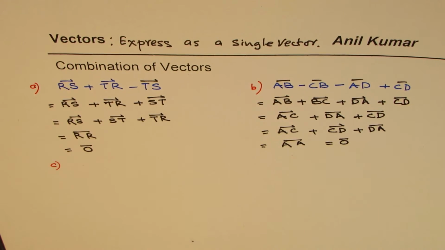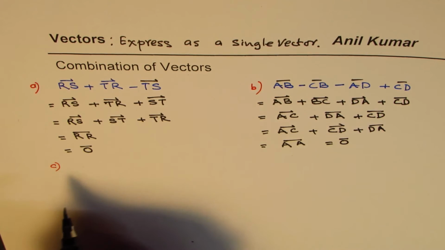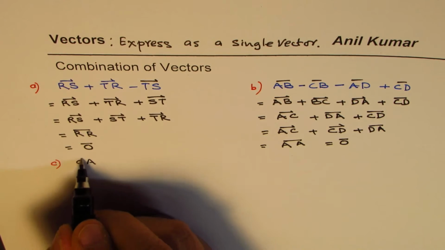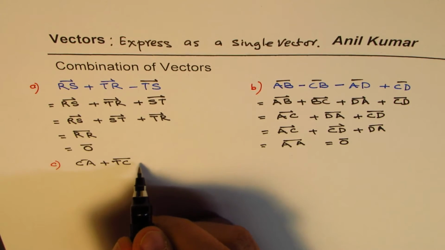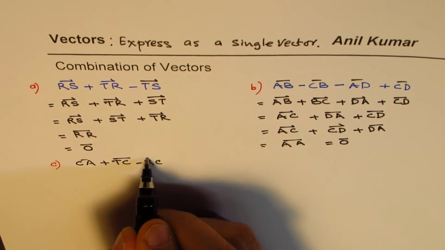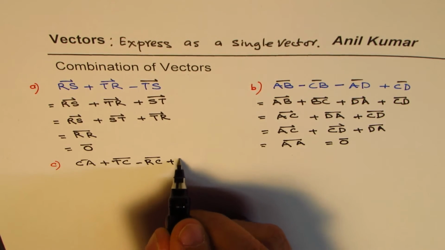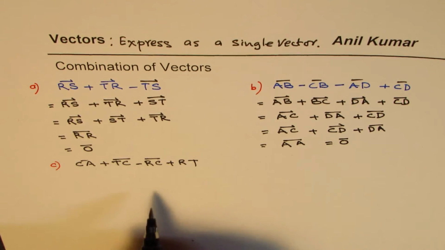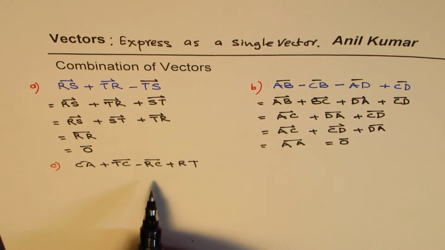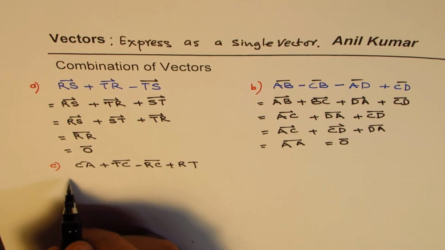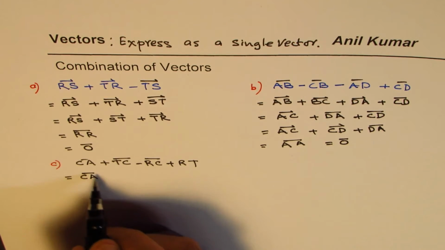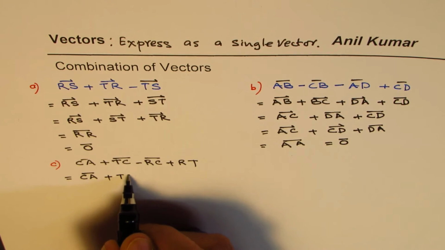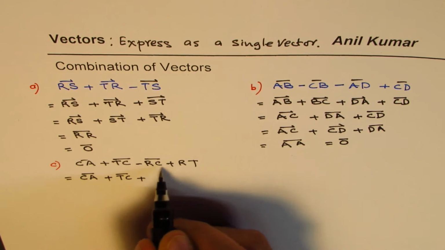So let me take one more example. Let us say we have CA plus TC minus RC plus RT. So you can pause the video, answer this question, and then look into my suggestions. So you'll follow the rules which you have learned. First step is to write the whole combination with everything positive, right? That helps to think. So reverse: CR